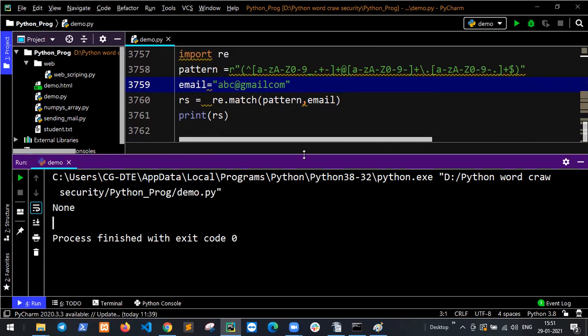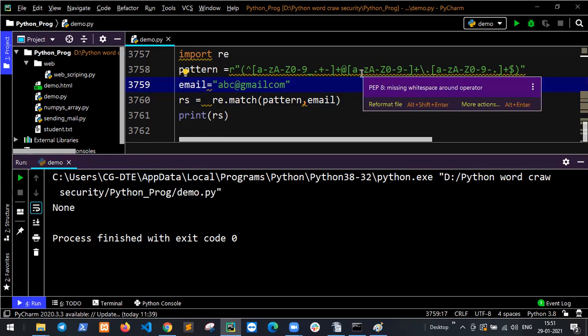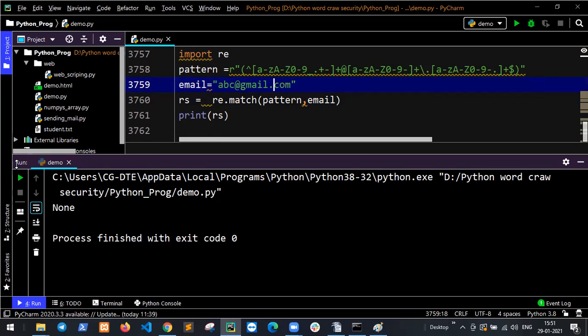This is a machine error, but on the front end it shows an error message: invalid email, invalid Gmail. Do you get it? Why is it invalid? Because you did not include the dot. If you include the dot, then again this is your match data, and the front end message says valid email ID, account successfully created.